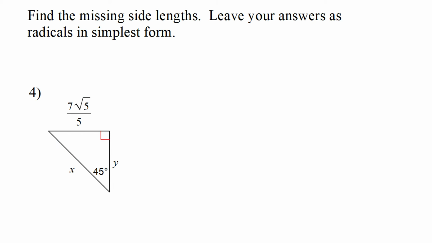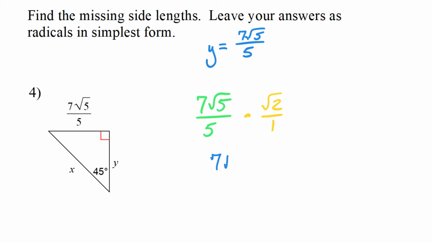On this one, we have the leg of the 45-45-90 triangle, which means the other leg is equal to that. So that's an easy one right there. And notice the 5s are not reducing because one's a radical and one is not. So we need to find the hypotenuse. And the hypotenuse, remember, we get by multiplying times the square root of 2. This is basically square root of 2 over 1, so the numerator will only be changing. So what we end up with is 7 square root 10